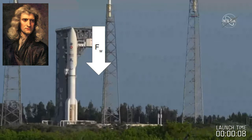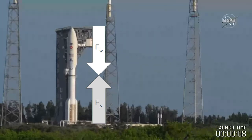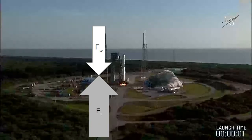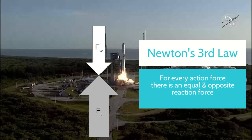The other force acting on the rocket is the normal force, Fn, which is the Earth pushing up on the rocket. The two forces are balanced, so the inertial reference frame does not change, which is science for looking at the rocket not moving. After the boosters are ignited, a third force begins to act on the rocket. The thrust force is an example of Newton's third law and is caused by the propulsion of the exhaust of the rocket engines. As the working mass of the exhaust is propelled down, a reaction force pushes the launch vehicle